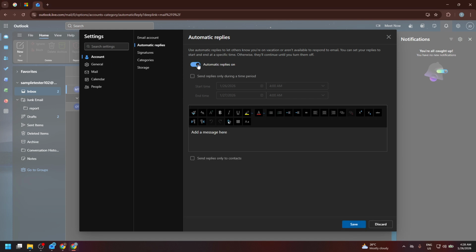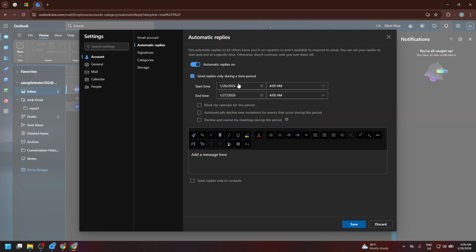If you know exactly when you'll be away, check the option to send replies only during a time period. Then set your start and end dates and times. Outlook will automatically begin and stop sending replies within that window. If you skip the time range, your auto-reply will stay on indefinitely, so remember to come back and turn it